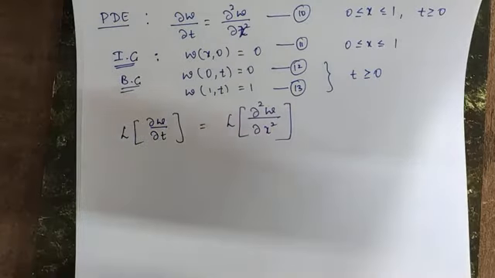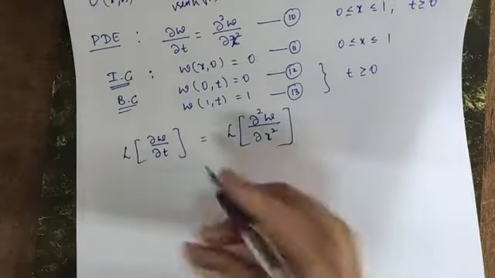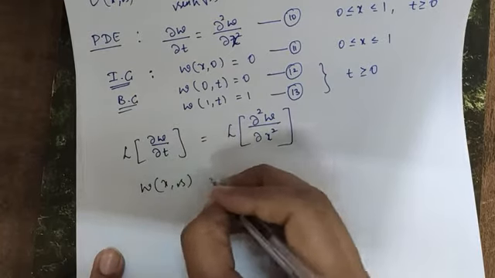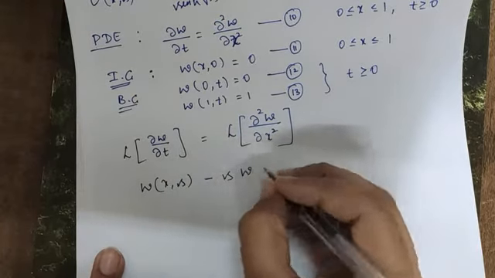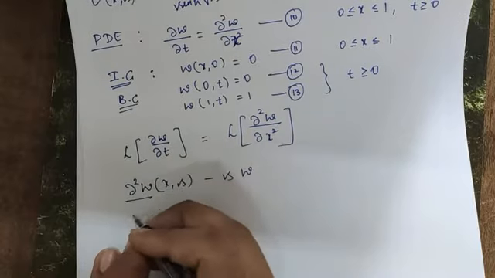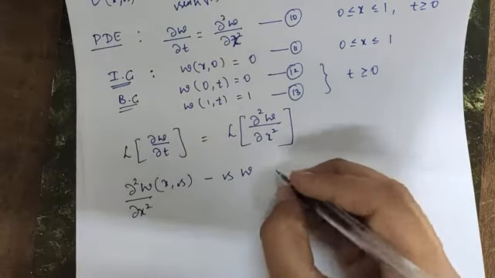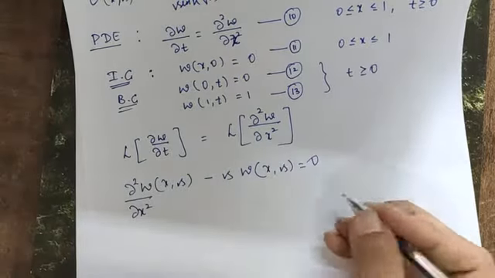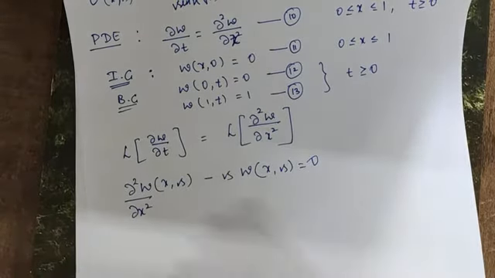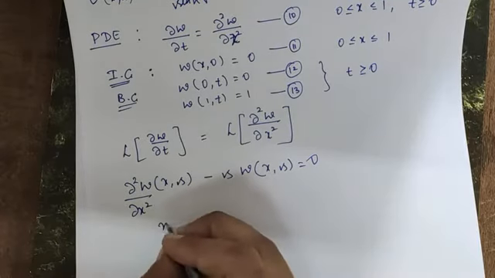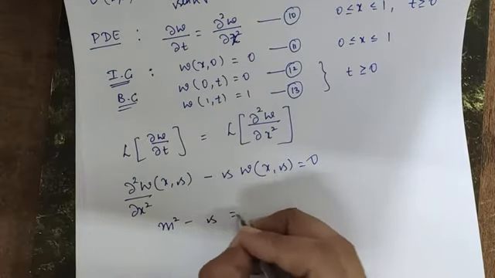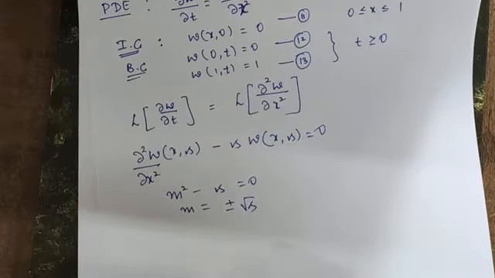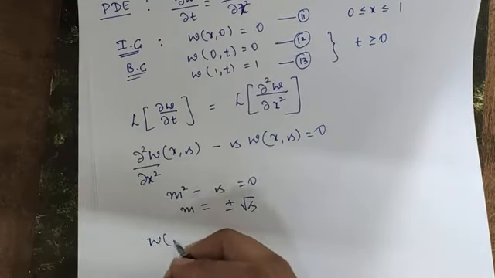Using a similar procedure, I will get s into omega of x, s minus dou square omega by dou x square equal to 0. So now you apply the auxiliary equation, that is m square minus s is equal to 0. You will get m equal to plus or minus root s. The solution will be,